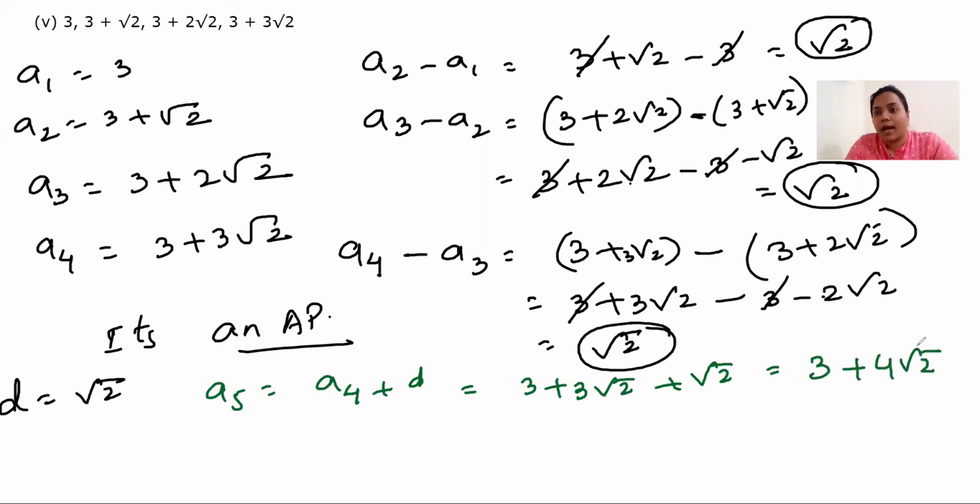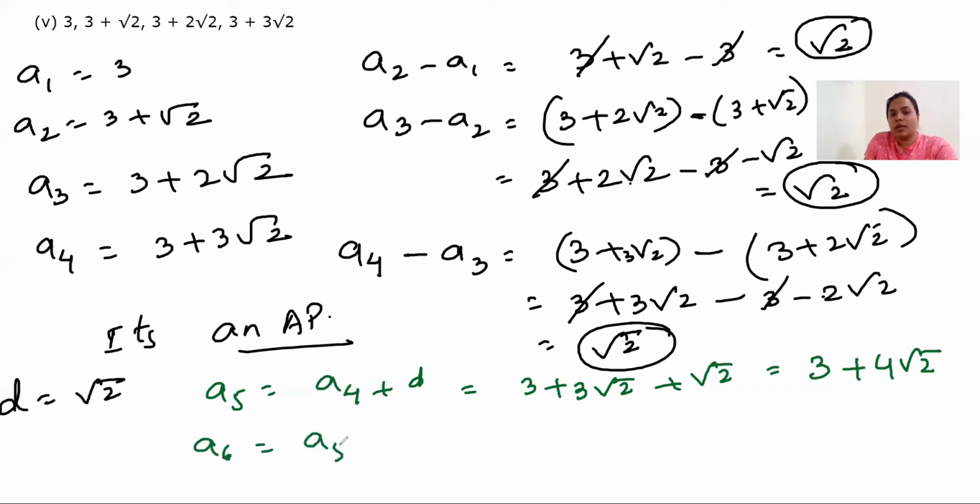Remember, we cannot add or subtract the numbers which are under the square roots. Root 2 plus root 2 cannot be root 4. If we are multiplying, we can do that: root 2 into root 2 is root 4. But when we are adding, we treat them as variables. We cannot add x and y. In the same case, we treat square roots also, so it is written as it is.